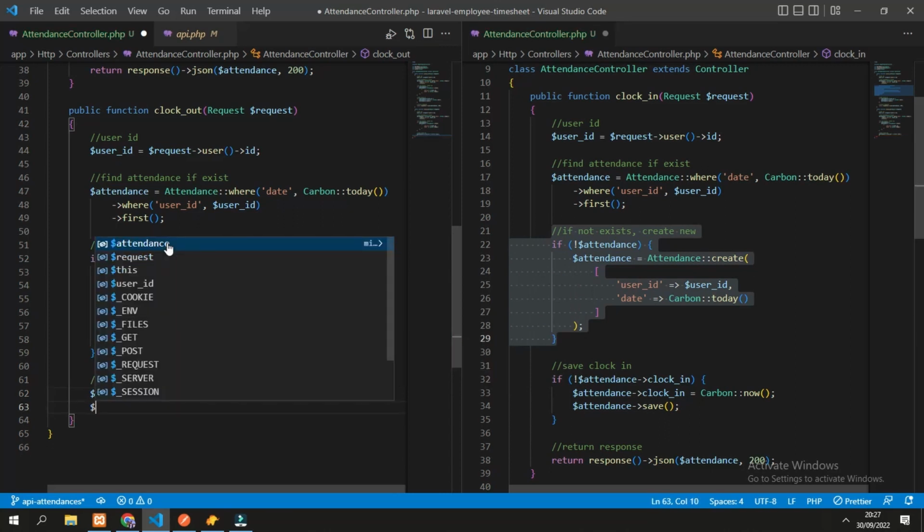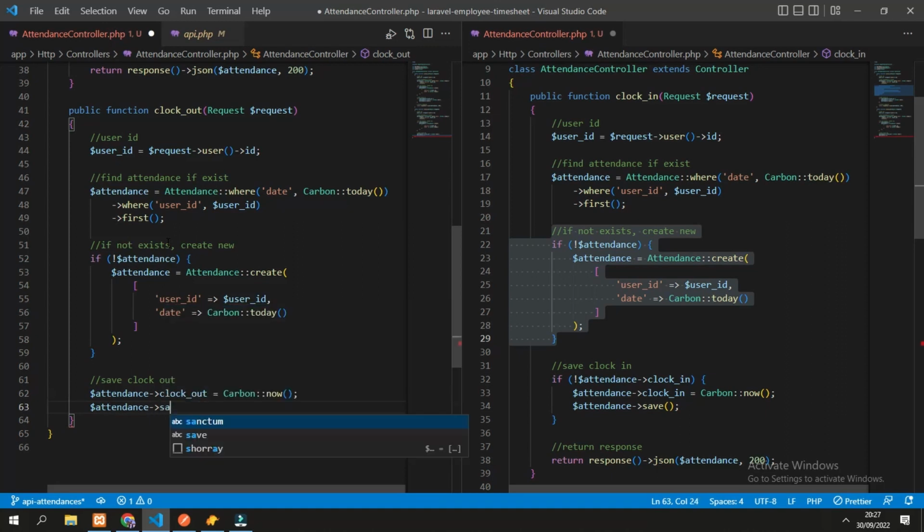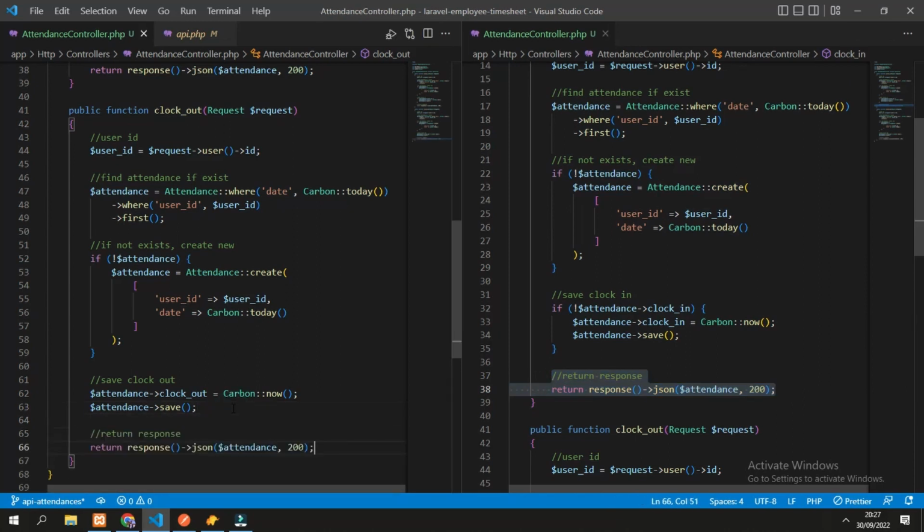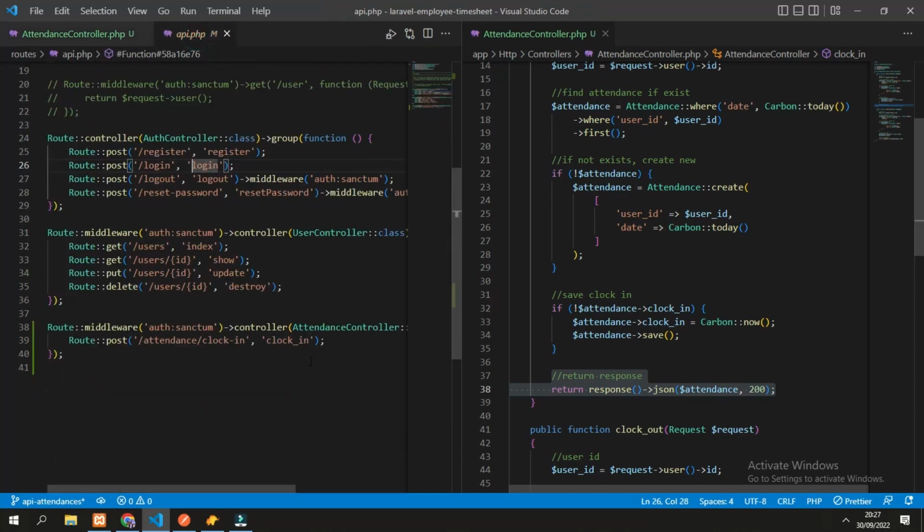And we will save the attendance. The response is still the same. We will give back the response. So it's a very similar function. And next we update the route. Pretty much the same, still using post function, so we can just copy and edit some part to be clock out.